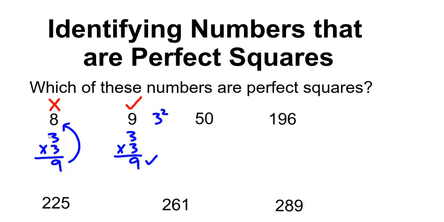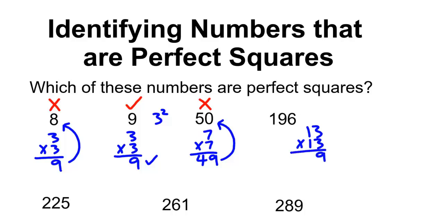For 50, I know that 7 times 7 is 49, which is 1 off of 50, and therefore 50 cannot be a perfect square. For 196, I'm really not sure, so I'll take a guess. I'll go with 13 times 13 and see how close I get. So 13 times 13,